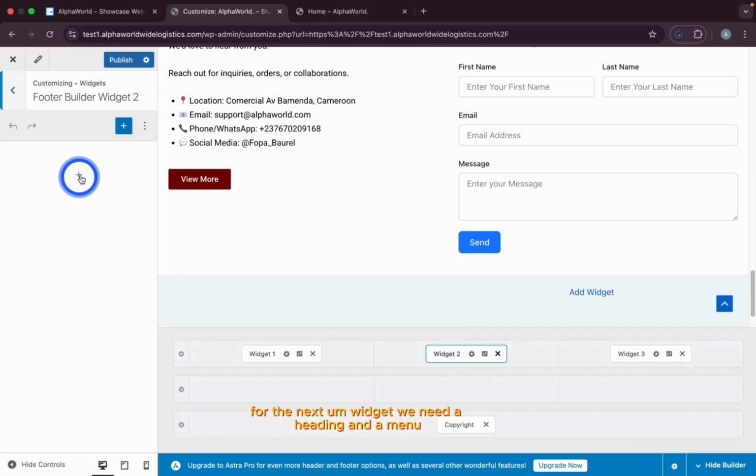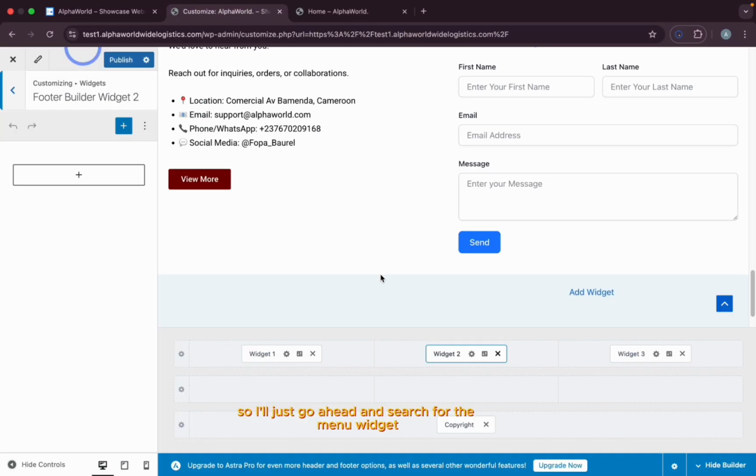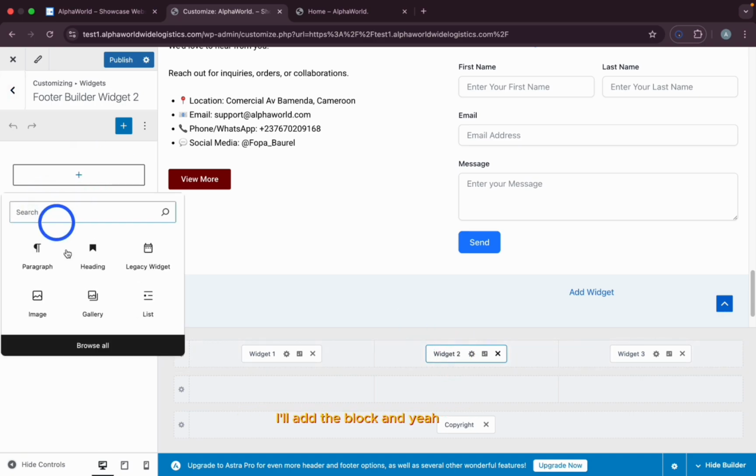For the next widget we need a heading and a menu, so I'll just go ahead and search for the menu widget. I'll add the block, and here I'll search for menu,